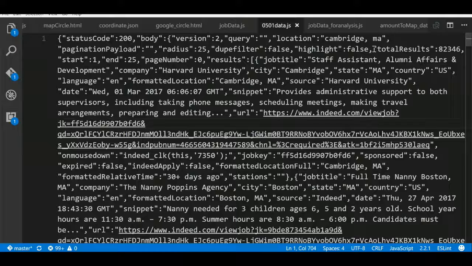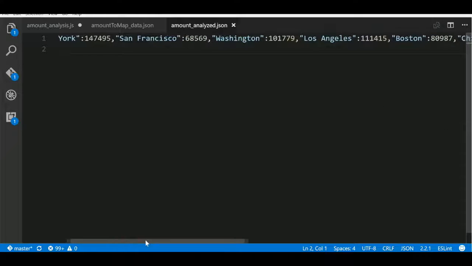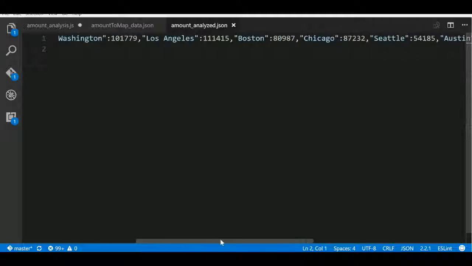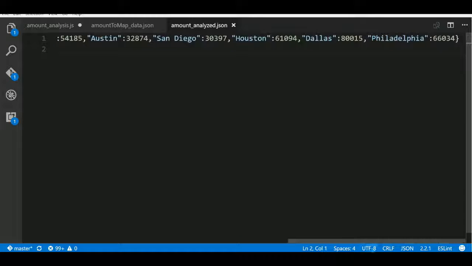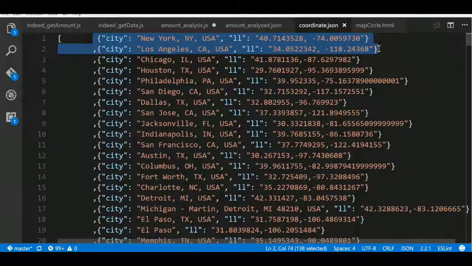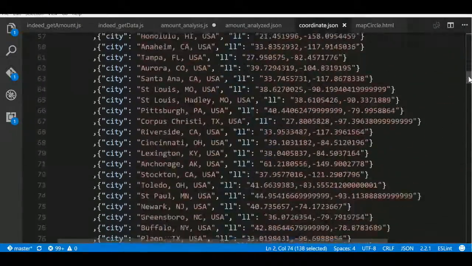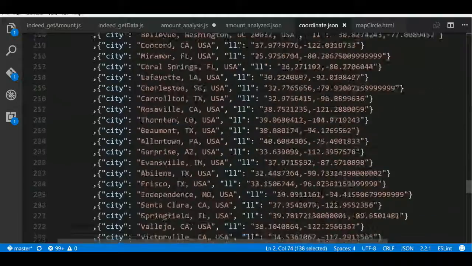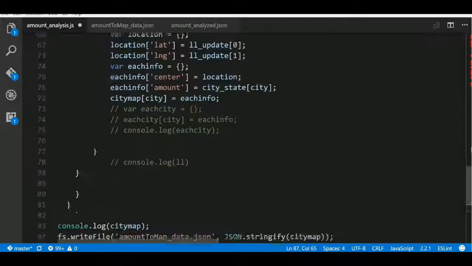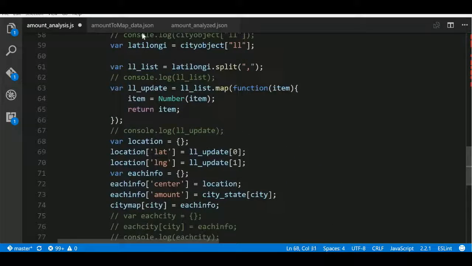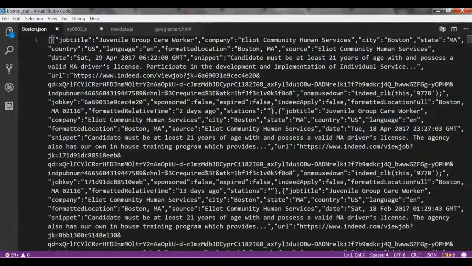At the same time, when we request the job information per area, we can get the total amount of jobs in one city. First, we get a small set of data, which is an object describing the amount of jobs in each city. We want to visualize them on a map on our welcoming page, so we also need the latitude and longitude of those cities. We found a set of data containing the positions of over 200 cities in the country. Using that set of data as a base, we filter the cities we need and organize the data in a format like this. The next step is filtering and cleaning all the data.